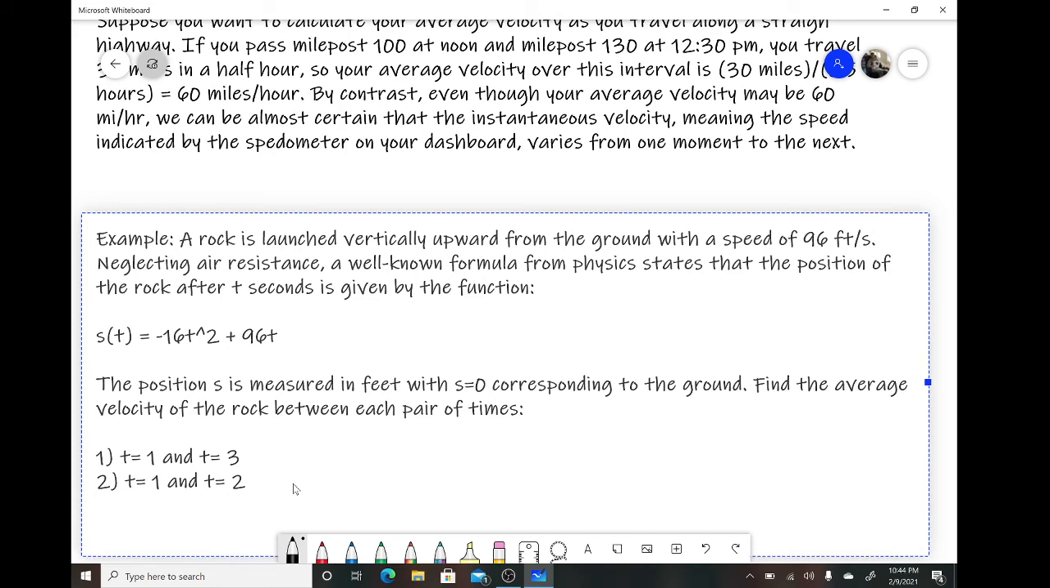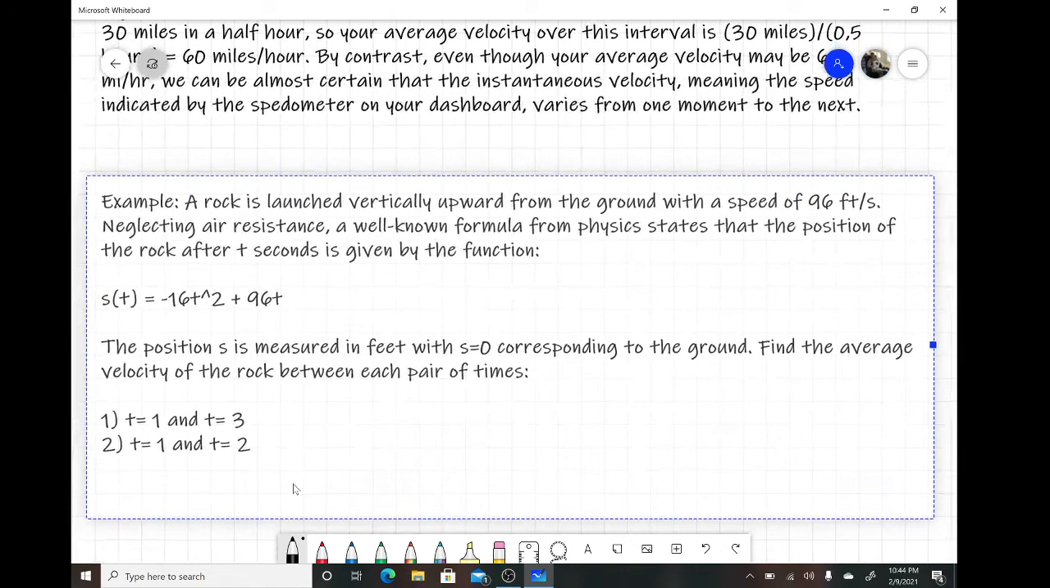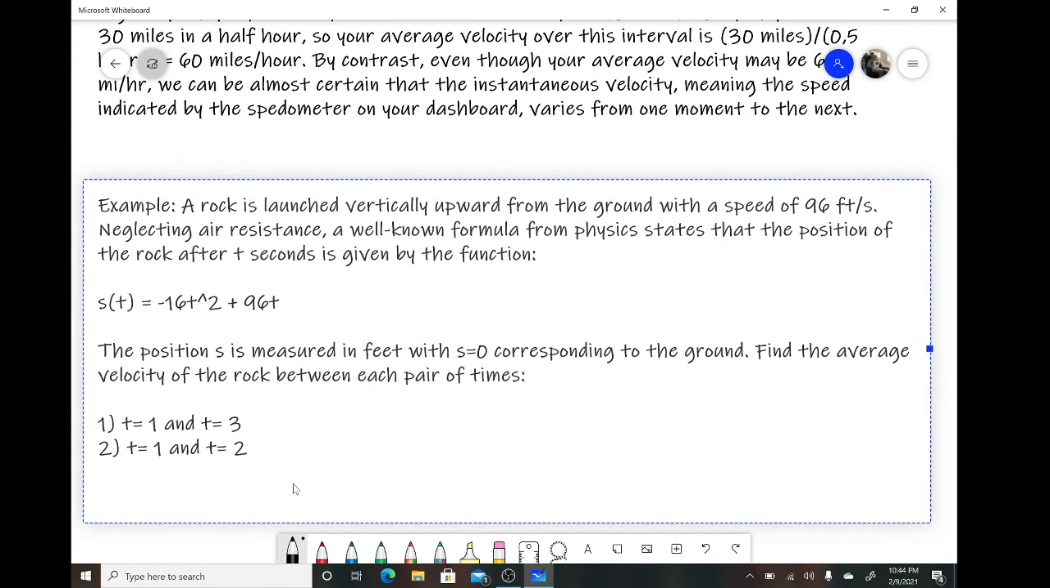Well, if we needed to find what the average velocity between these two positions is, what can we do? Well, first of all, let's talk about the positions. So let's first find out what the position of the rock is after 1 second, after 3 seconds, and after 2 seconds, before we even begin to compare what the average velocity will be. Okay, so if we wanted to find out